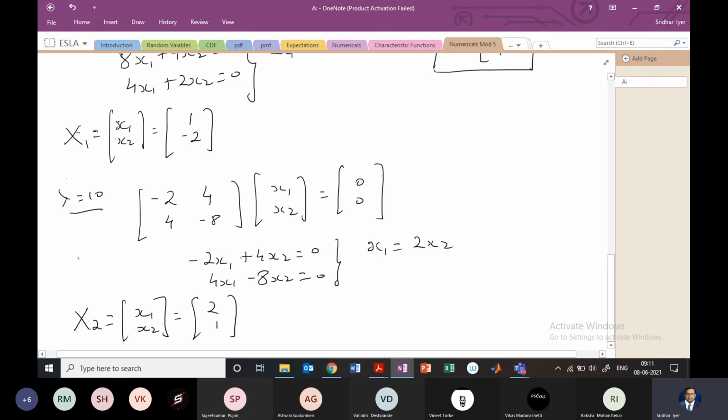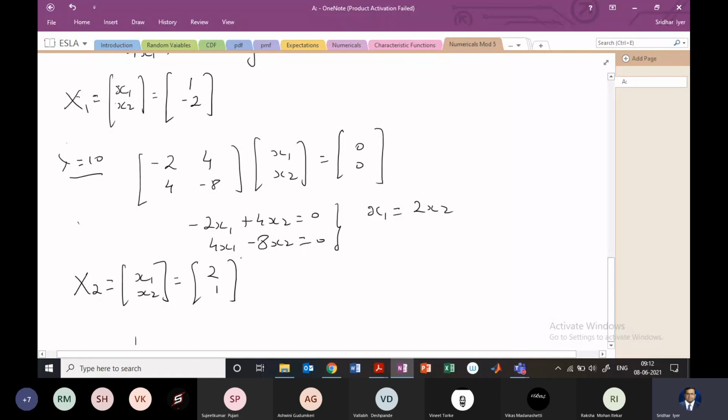So we have the two eigenvectors, X1 which is 1 and minus 2, and then we have X2, which has 2 and 1, right? So now what is the next process? Anybody? What do we need to find? U, V, and D. Yeah. So how do we find that? U1 equal to 1 by sigma 1 A V1. Yeah. So you need to find the magnitudes of x1 and x2, right? So first you need to find the magnitude of x1.